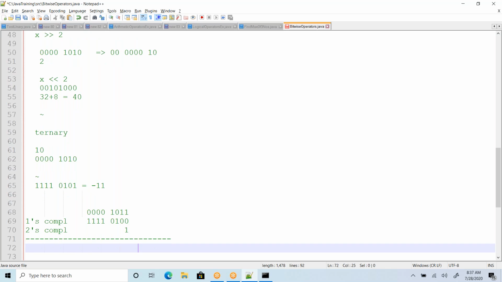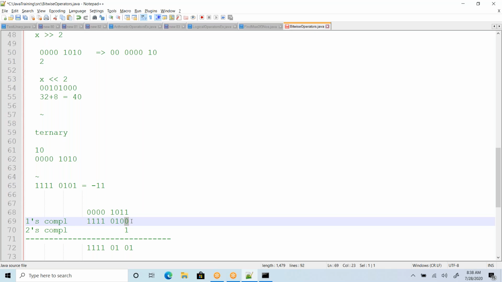Now the result of this: 0 and 1 is going to be 1. So that's it, no carry values. The remaining bits stay the same.